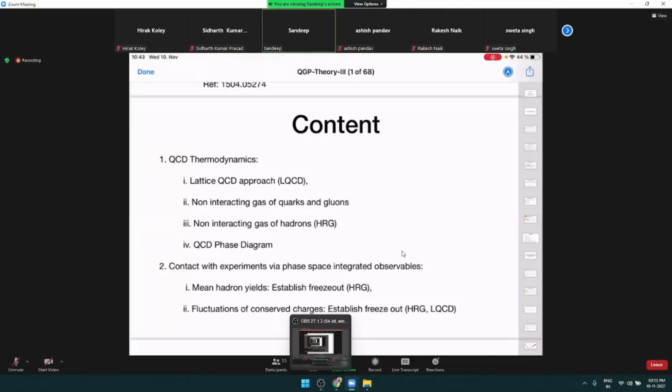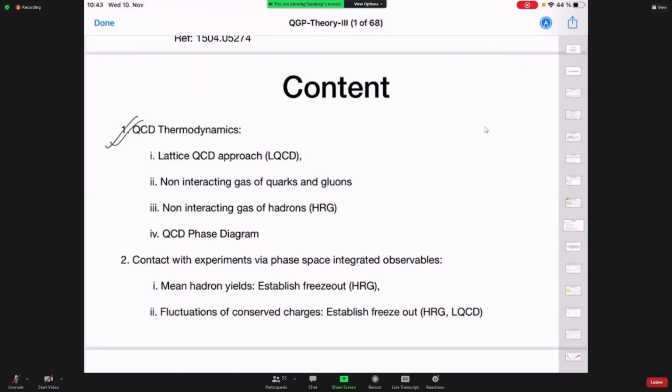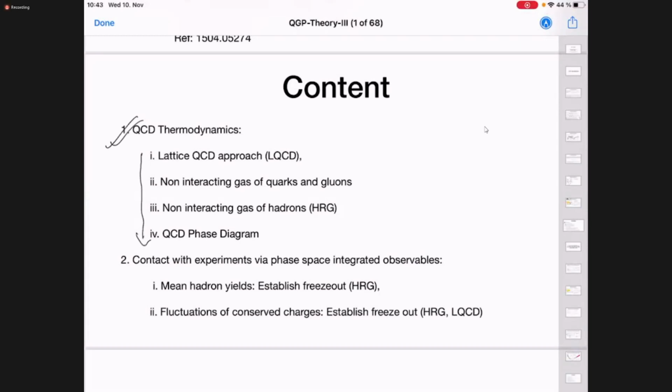We have covered this topic via these subtopics. We looked at the framework, the various limits of the parameter space, T-mu-V space, and eventually the QCD phase diagram, which is the most popular diagram in our community, and the features of which we are all after, right? So today I would like to start